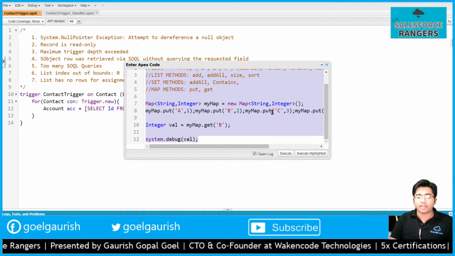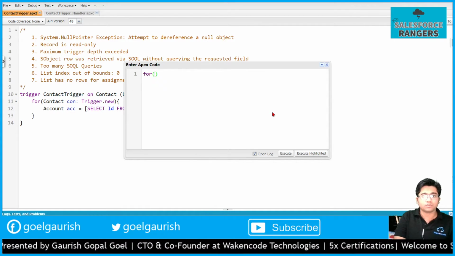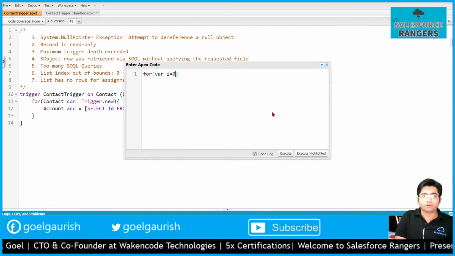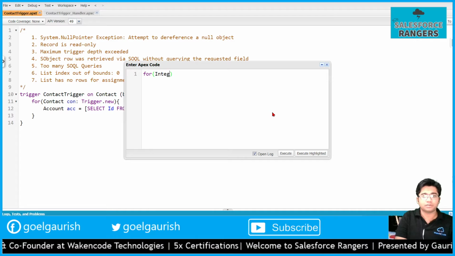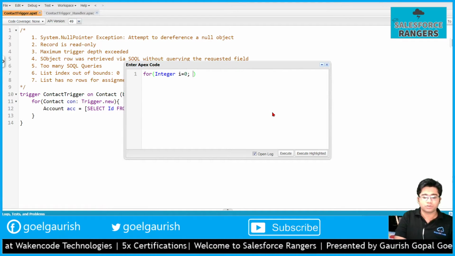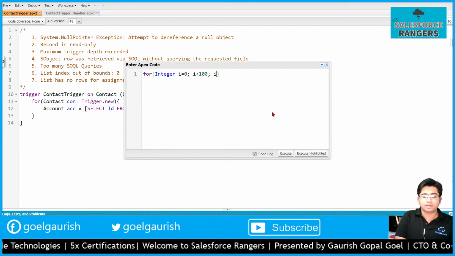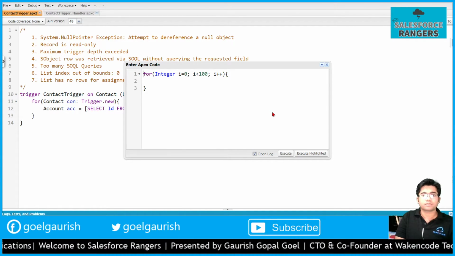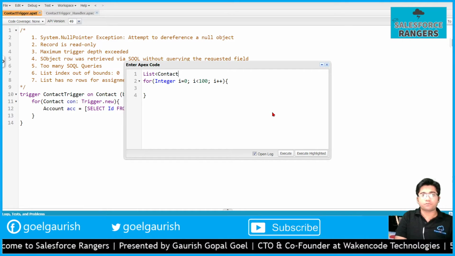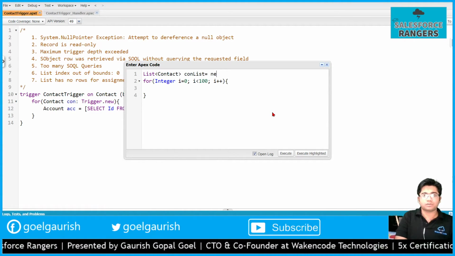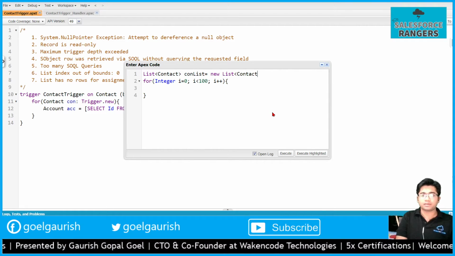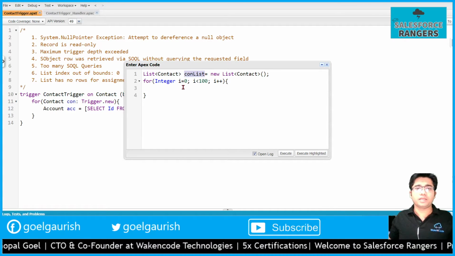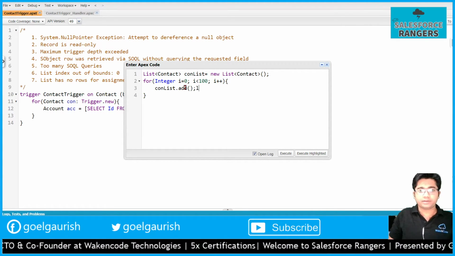So I will open my anonymous window, and I will write a for loop. Sorry, bad habit. Integer i = 0, i less than 100, i plus plus. List of Contact, we are creating a blank list of contacts, and conList.add.